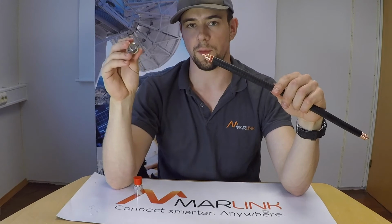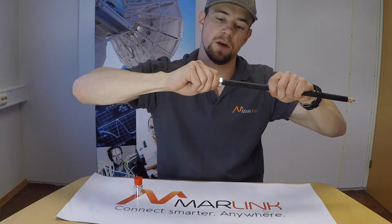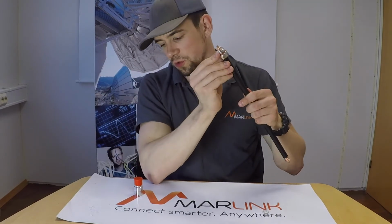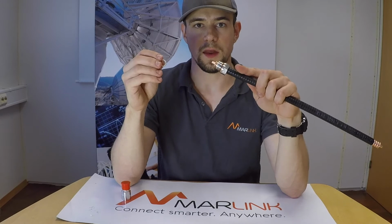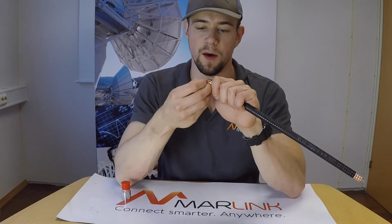Next, take the first part of the connector and put it on the cable and just push it on until the outer conductor protrudes. After that, take the spring and put it on the first valley of the outer conductor,